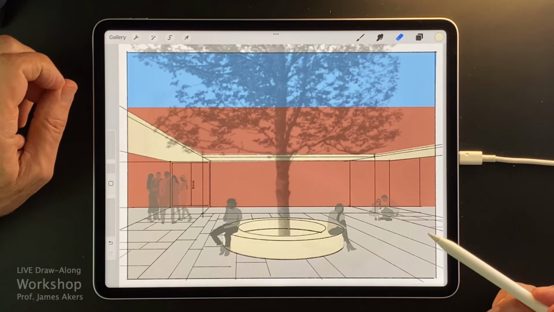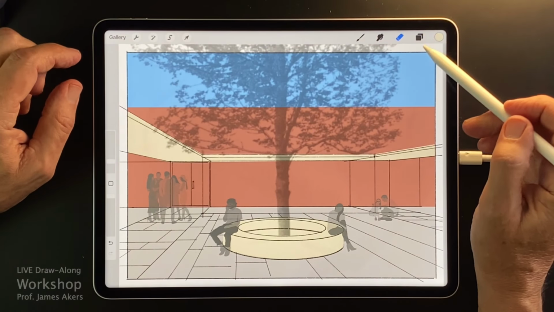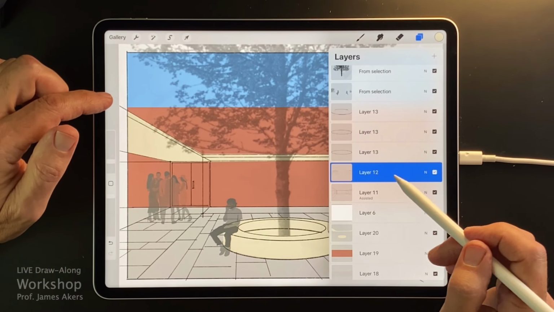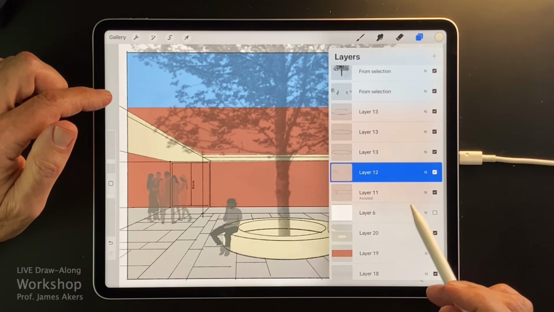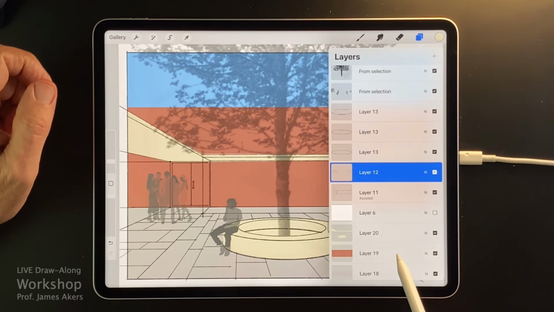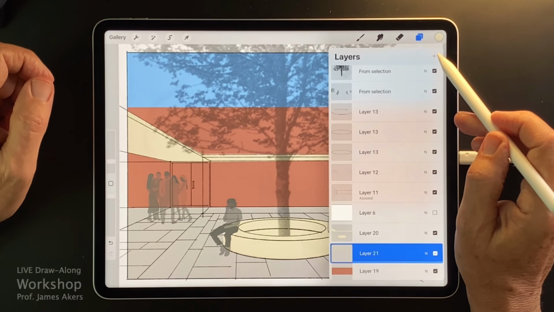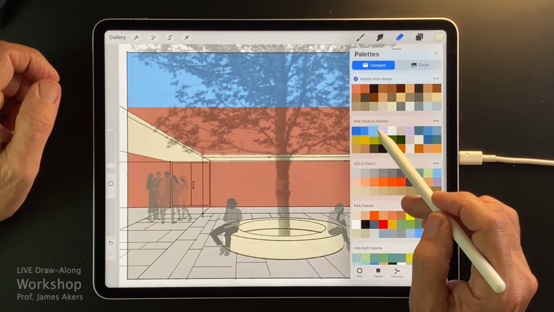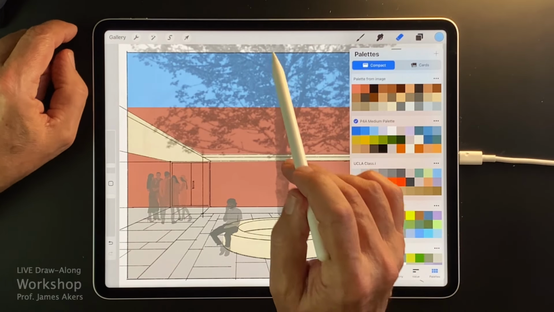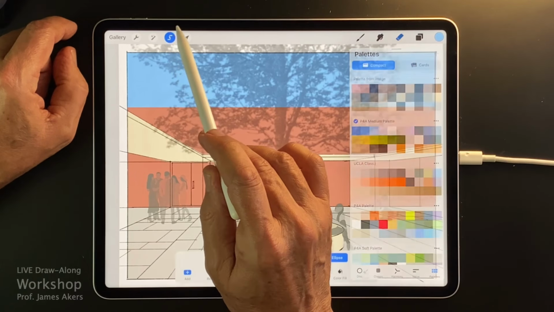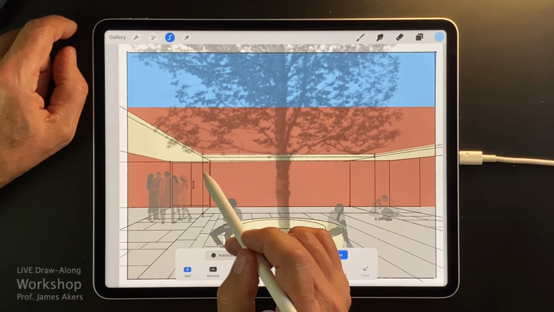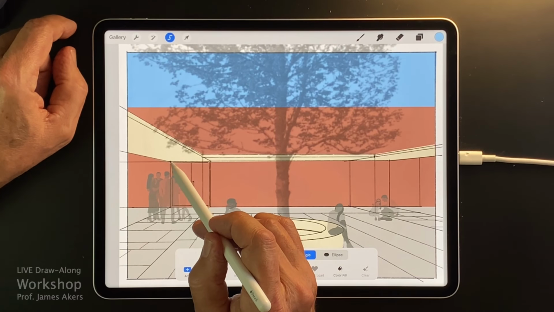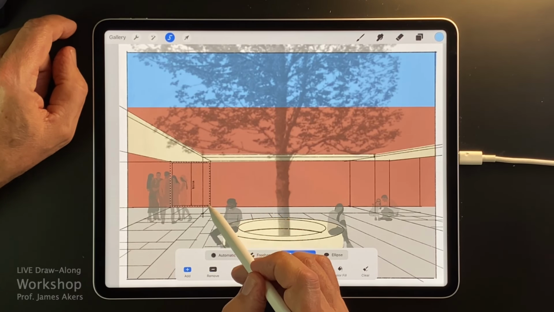All right, and then there's a couple of things I want to do. I want to add some glass color to this door. So I will go in above the brick layer and hit the plus sign, and I'll choose my glass color ahead of time. Let's make it the same as the sky to keep things simple. And I'll go to the rectangular selection tool and stretch it across this opening.